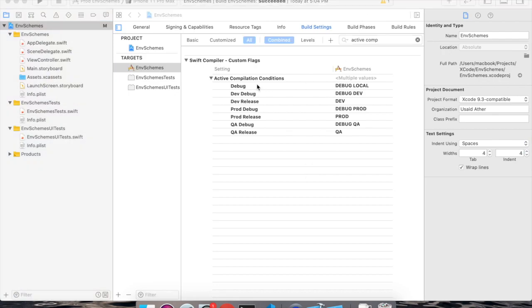Right? We are adding these custom compile flags here because with the help of these flags we can run our code based on the environment settings, right? So let's say we have different URLs for development, QA, and production. With the help of these flags, we can decide at runtime which URL we are running, right? So now go to the app delegate file